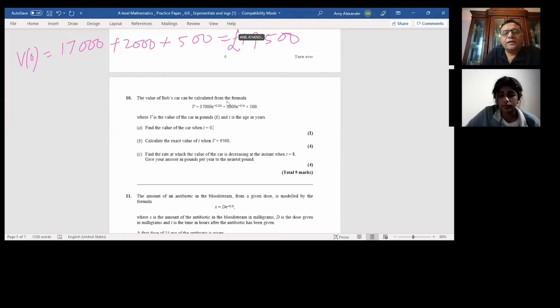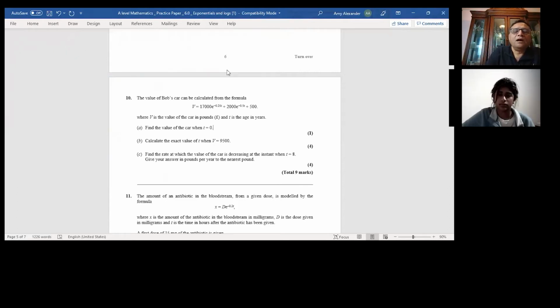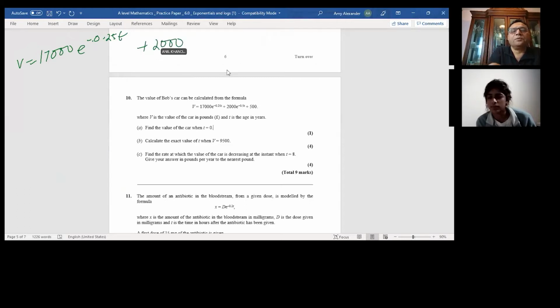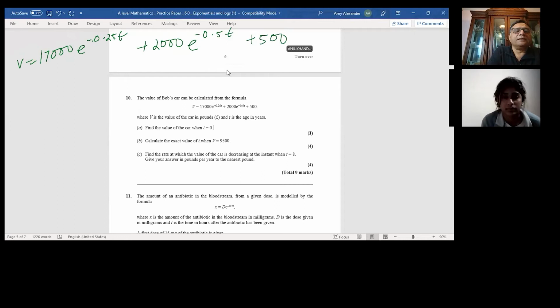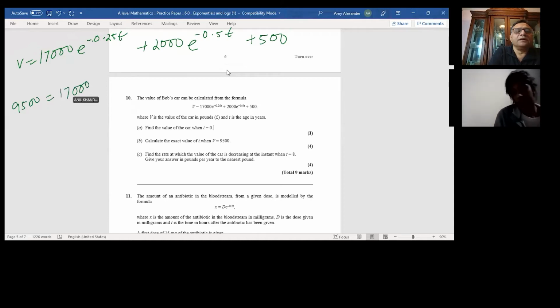Calculate the exact value of t when V is 9,500. So substitute 9,500 here. So we'll do V equals 17,000 e to the power of minus 0.25t plus 2,000 e to the power of minus 0.5t plus 500, correct? Yeah. When you substitute 9,500 equals 17,000 e to the power of minus